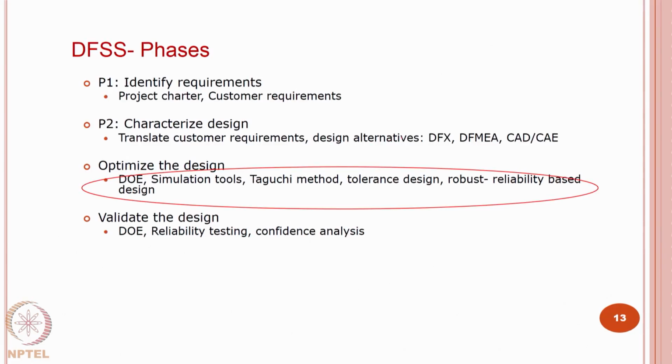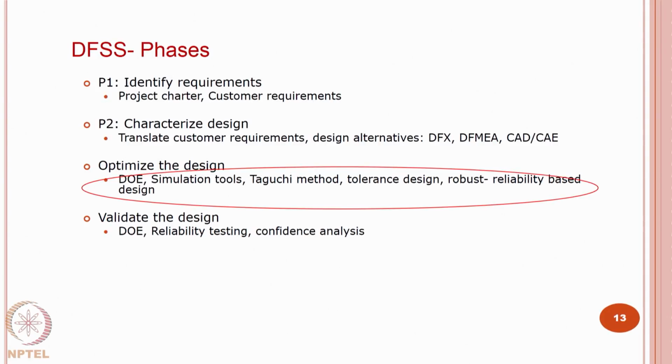And design alternatives. Do you really need to have a clip? That is where you talk about design for X, DFMEA, CAD, CAE, computer aided engineering, and today you can even talk about additive manufacturing. You can see whether it works at that level itself, meaning at the concept level. Then you talk about, this is actually product phase 3 and this is phase 4.